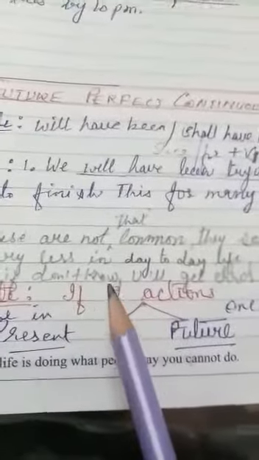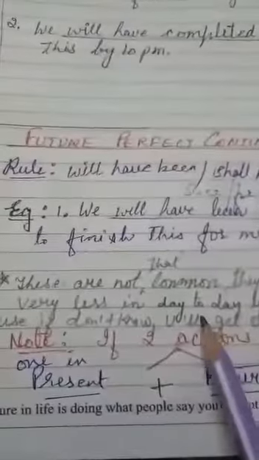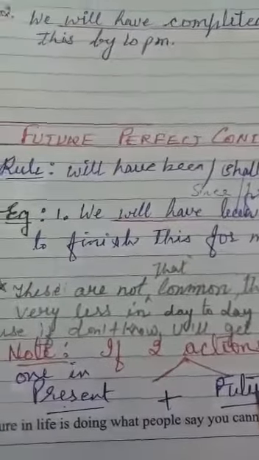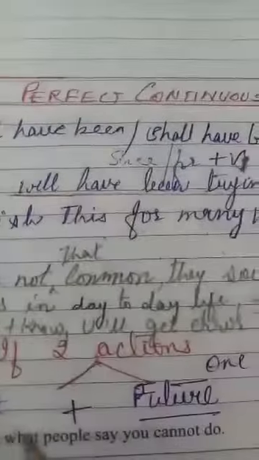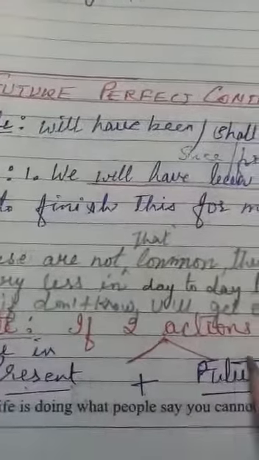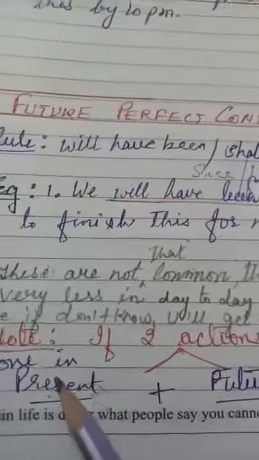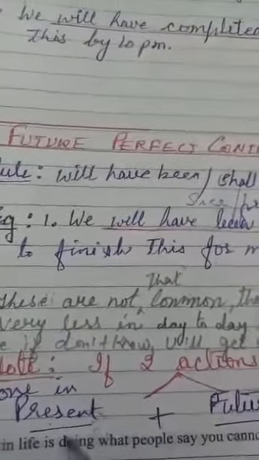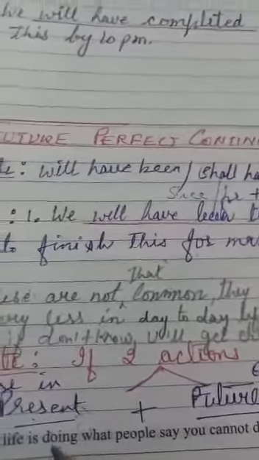Okay, now again keep it in mind, when the two actions are done in present, the one will go in present and the other will go in past. So what I mean to say, past has a combination of past and future can have a combination with present. There is no combination of present and past and future and past, but the two sentences can be done with the help of present and the future.